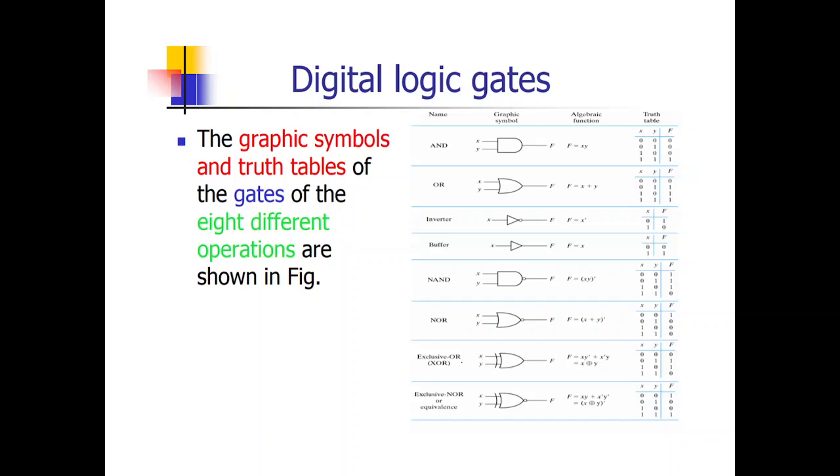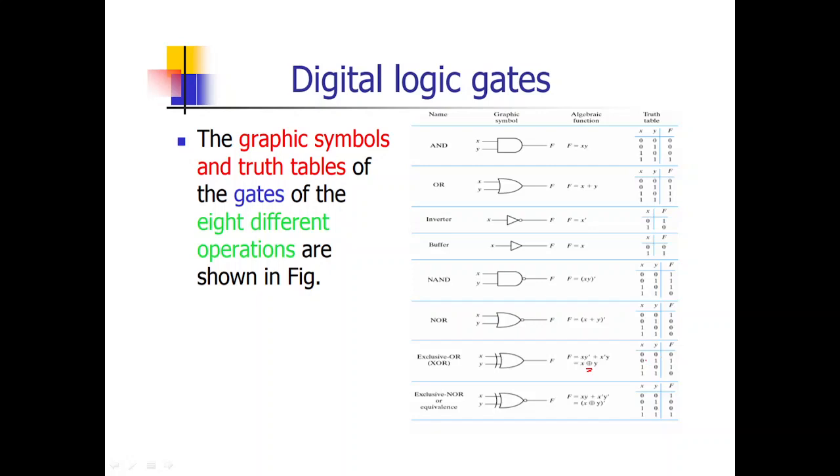And exclusive OR: for the symbol, we include a curve in front of the OR gate, that is the symbol of the XOR gate. And the expression is f is equal to xy dash plus x dash y. This can be simply written as x plus with circle y. And the truth table is,